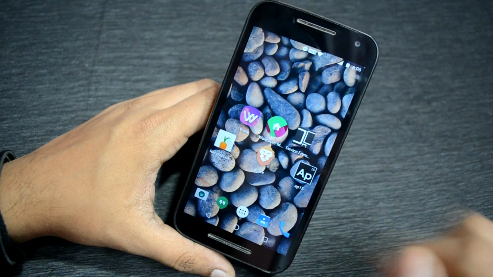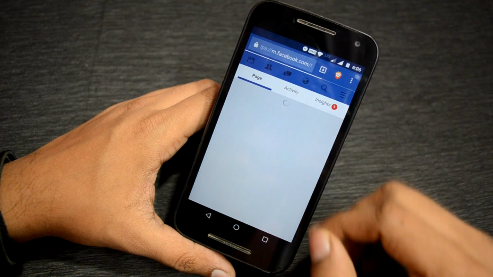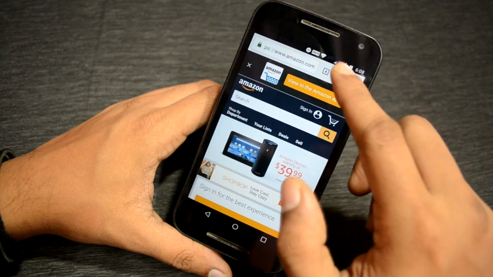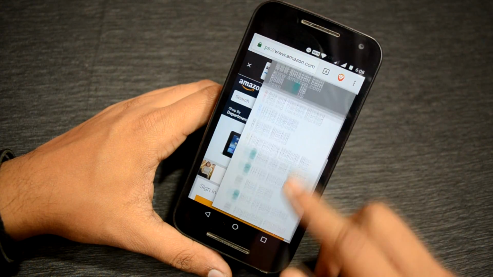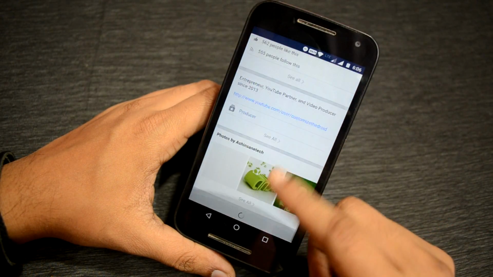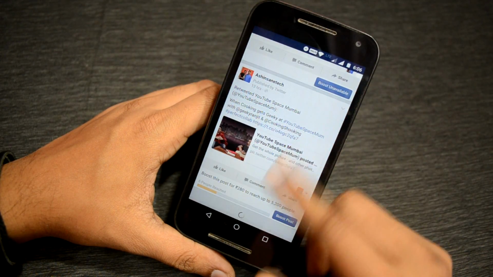Next app on the list we have Brave Browser. I have been using this browser for over a week now, and I am certainly impressed with the way this browser works as an alternative to Chrome. Brave is designed with a built-in ad blocker to provide an ad-free and seamless browsing experience. No external plugins or settings to manage or configure. Brave simply provides the fastest and most secure browsing experience available for Android.